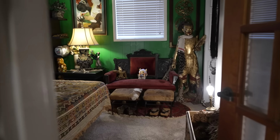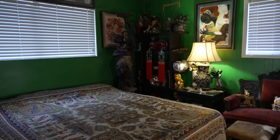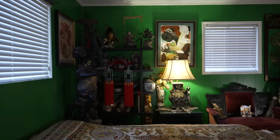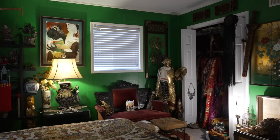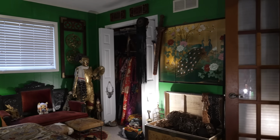So the theme of this bedroom is meant to be more Asian feeling. I grew up in the 90s, so Asian culture was a big part of my upbringing, from anime to video games to watching Crouching Tiger, Hidden Dragon, all of those things. I really felt that that was a huge part of my life, so I wanted to do my bedroom for